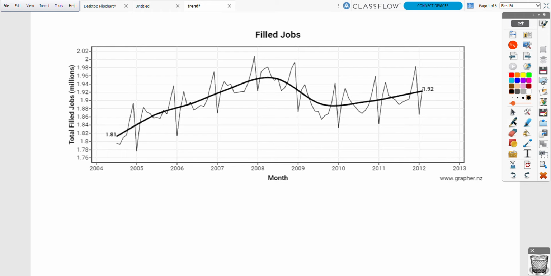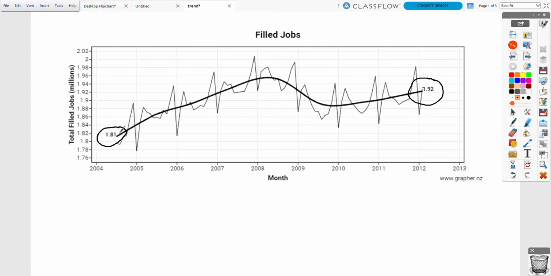Okay, the next stage of our write-up on time series is our trend line. My trend line is this thick black line running through my time series graph. On NZ Grapher, if you have long-term trend ticked, that will put the trend line in for you. Untick seasonal trend because we don't want that at the moment. But if you also tick start end points, NZ Grapher will tell you the values that your trend line is